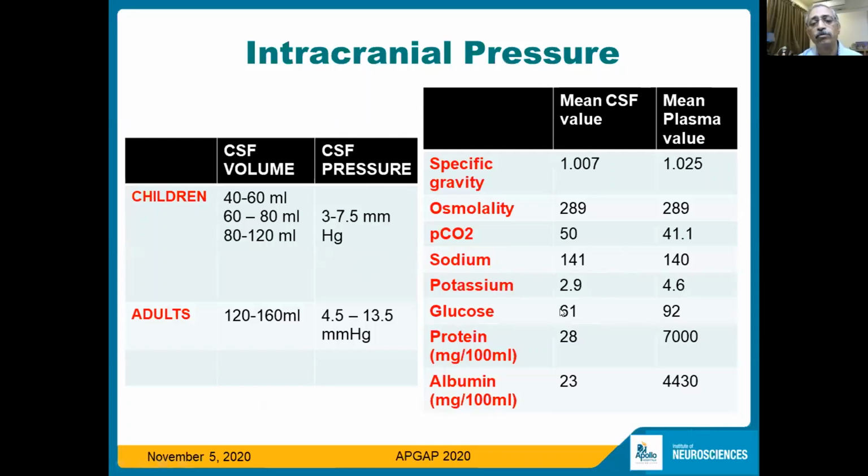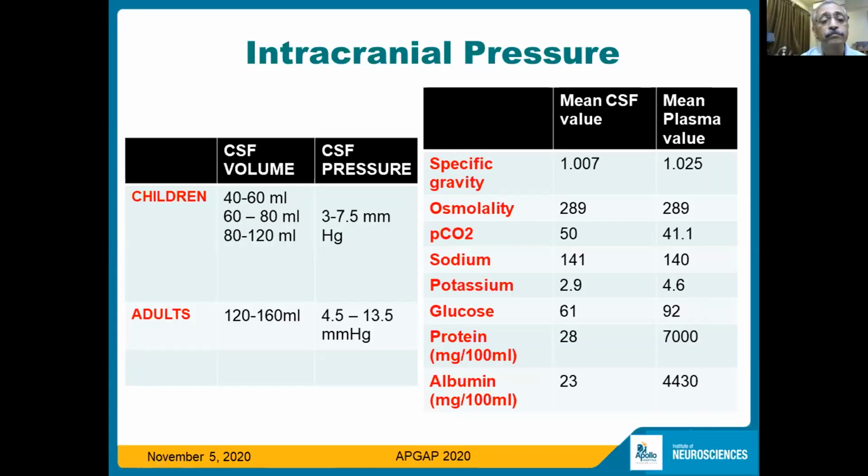Glucose is almost up to 60% of normal plasma values, and proteins are about 0.5% of normal plasma levels. Glucose is transported by facilitated transport. It is not an active transport, and it does not depend on the plasma concentration of glucose unless the glucose level goes beyond 300